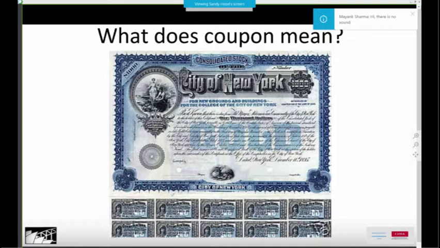Let's say it's paid every year. So if it's a 7% or $1,000 bond, then every year the person holding it will receive $70. And it doesn't matter what the market interest rates are or anything else like that, they're going to be paid $70 because it's a fixed coupon.